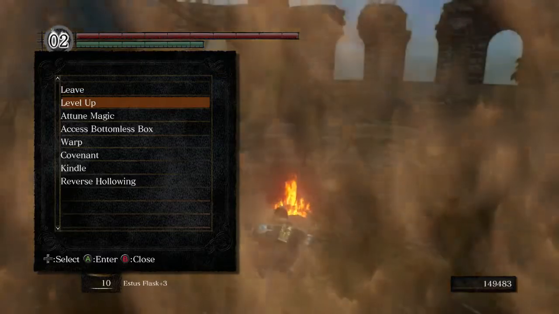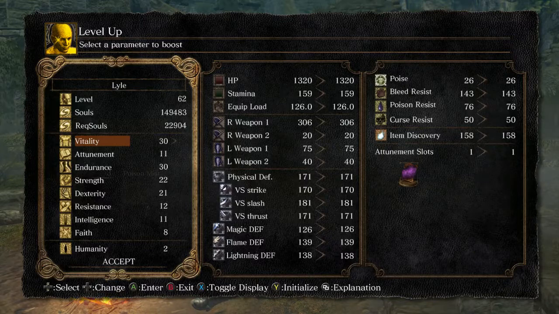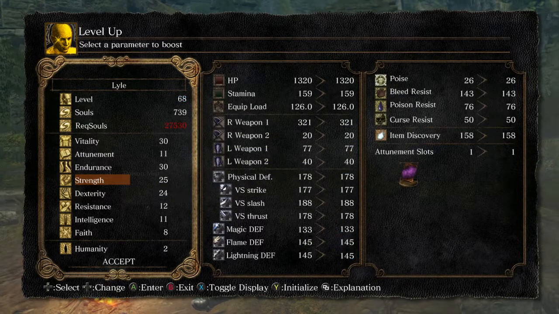I figured at least for this episode, first let's just go ahead and level up. I consumed all the souls from the previous episode that we had picked up, and oh wow, we have a lot. Dang, I leveled up how many times? 62 to what? 68 I think it was? Dang, okay. Alright, so I just wanted to put a couple more points into Strength and Dex, just continuing on